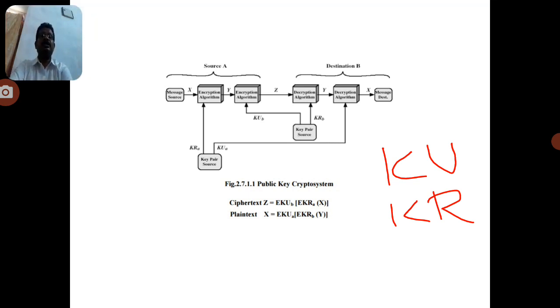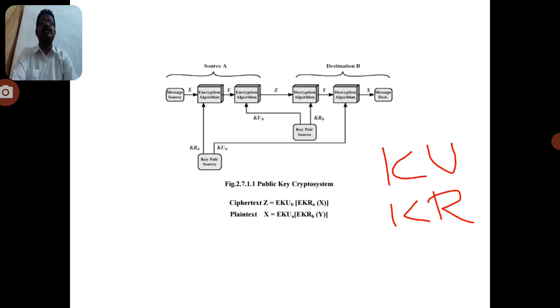Coming to the standard information related to public key cryptography, each end user can generate a pair of keys. This is the first concept. Each end user means those who are communicating or transmitting the information. If user A and user B are communicating, these two end users generate the two keys separately. That means user A can generate a pair of keys.